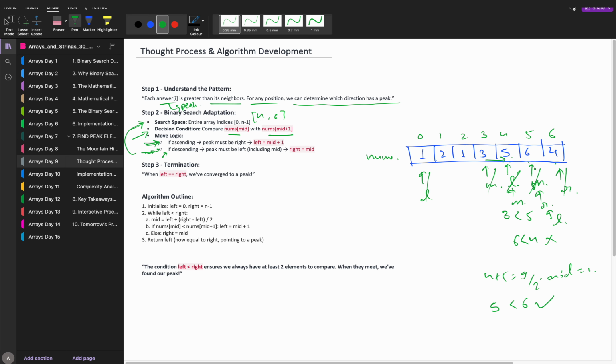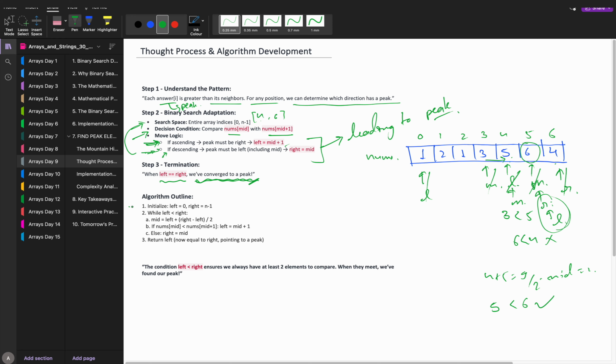Now left and right are both at the same position. Once you are at the single item, then you can't do anything. Now you cannot do this mid plus 1 comparison. If both left and right are pointing at the same position, it means you need to terminate this process when left and right are equal, because you have converged to the peak. The decisions were leading to the peak item. You were not supposed to do anything else. Just keep following these decisions. They will converge the whole search space and lead you to the peak only. As you can see, 6 is the peak. Left and right both are pointing at 6 only right now.